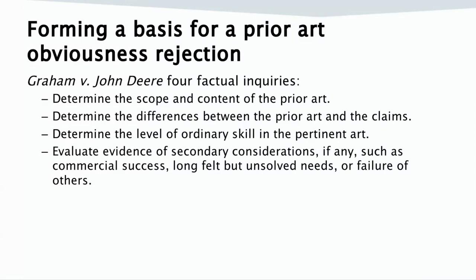Next, determine the level of ordinary skill in the pertinent art in order to determine whether those differences would have been obvious. Then, there may be evidence of secondary considerations, such as the commercial success of the claimed invention, the claimed invention's ability to fulfill long-felt but unsolved needs, or the failure of others to solve the problem solved by